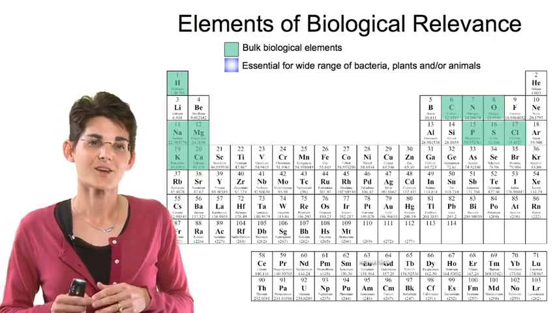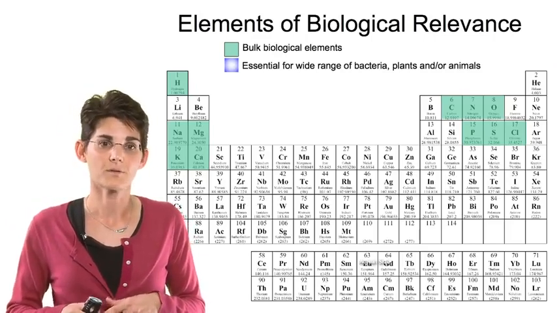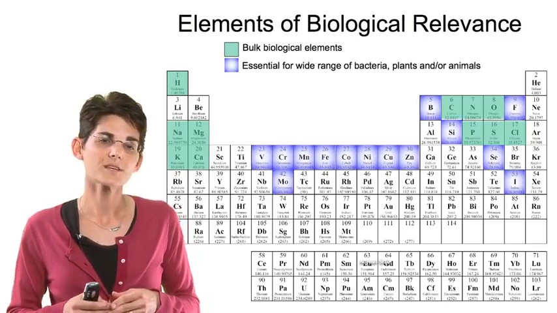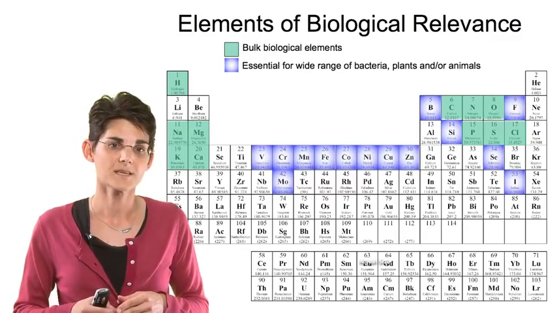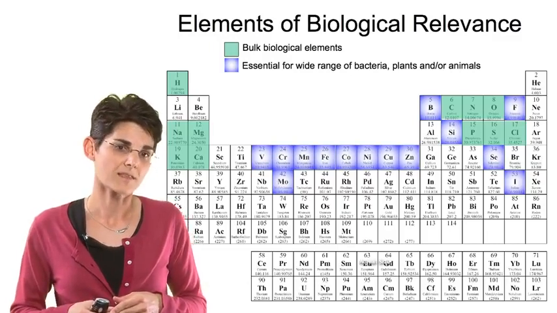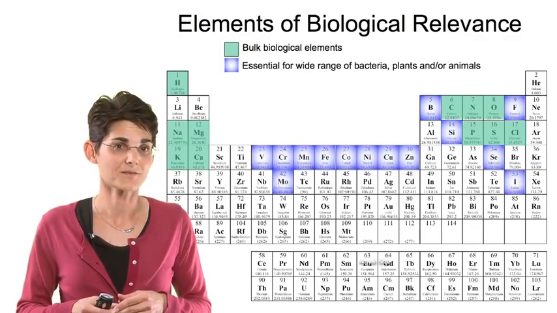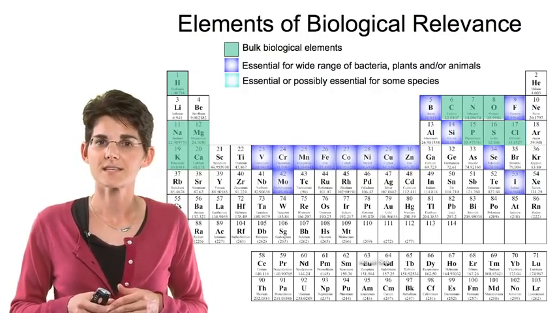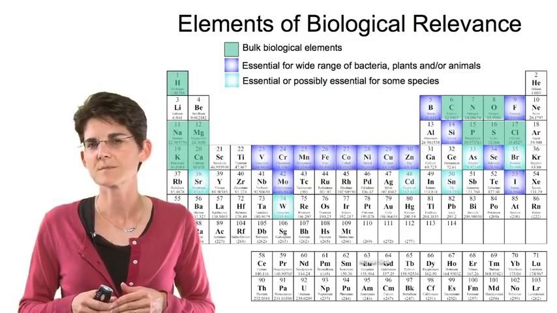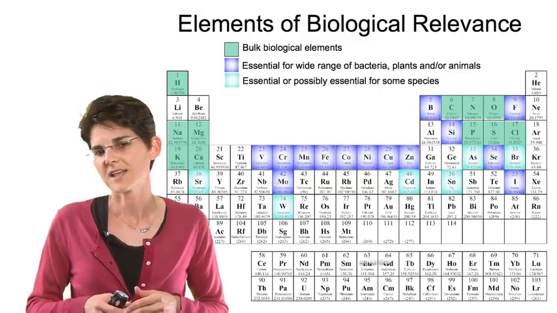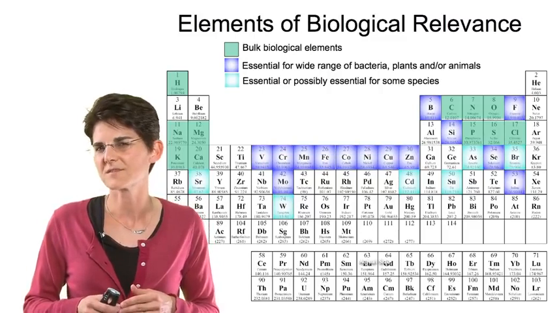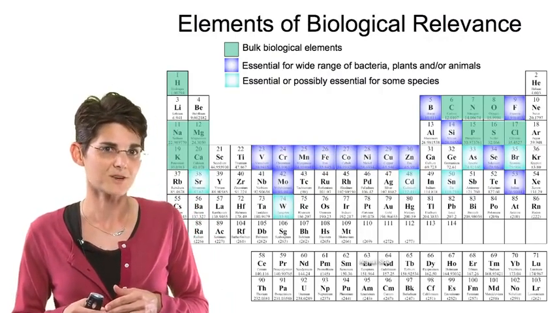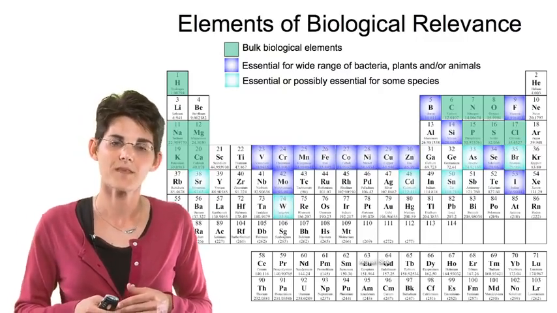Now we'll look at the elements that are essential for a wide range of bacteria, plants, you and me. And you'll see that we go mostly across the whole first row of the transition elements, and we have a lot of the rest of the P block that gets filled in, but notice not all of the P block. So then we have elements that are essential or may be essential for some species, but not necessarily all. And you'll notice on this list, we have a couple. Some of these are still somewhat controversial. They might be essential for some strange bacteria that live in ocean vents, but they might not be essential for